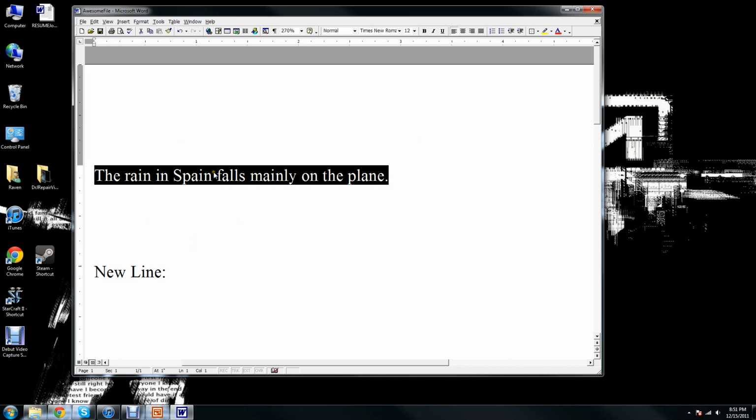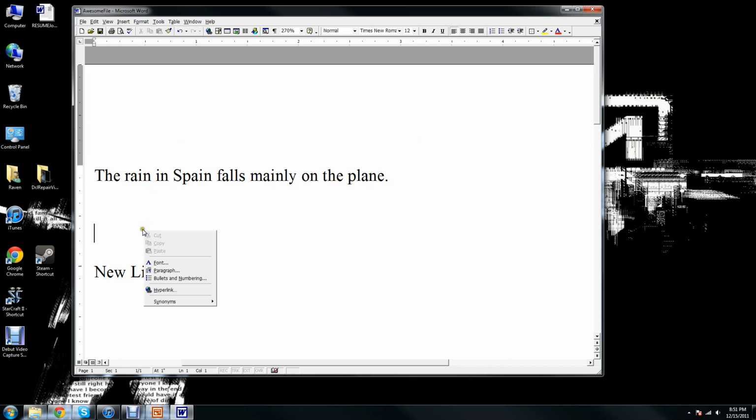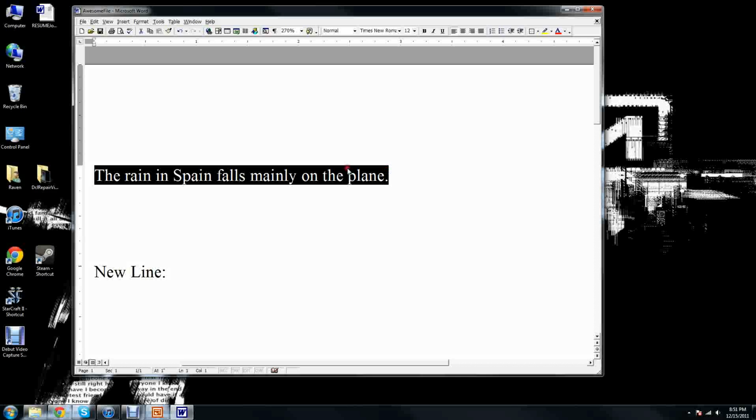To copy it, right-click inside the highlight. If you right-click outside the highlight, it'll unhighlight like this. So you can see it's no longer highlighted. Oh no. So just re-highlight it, and right-click it again, and you have your options here, and you want to